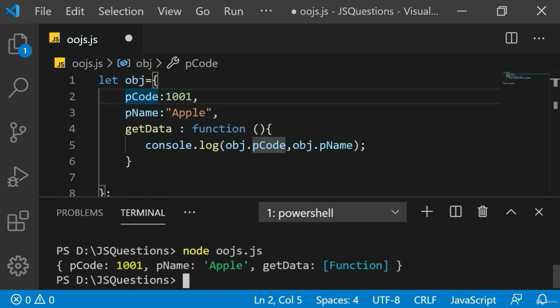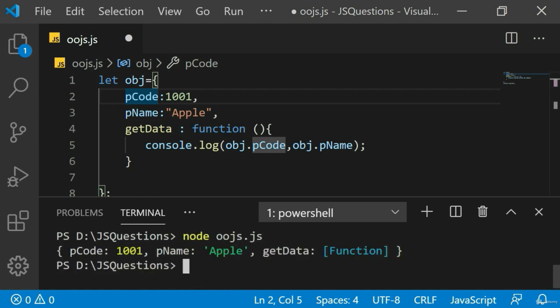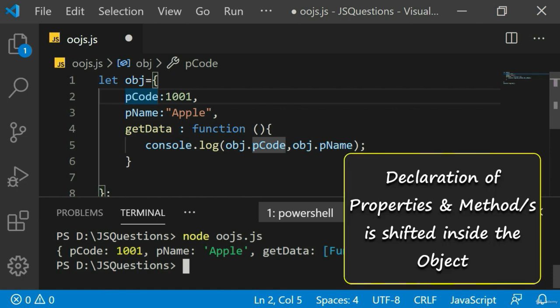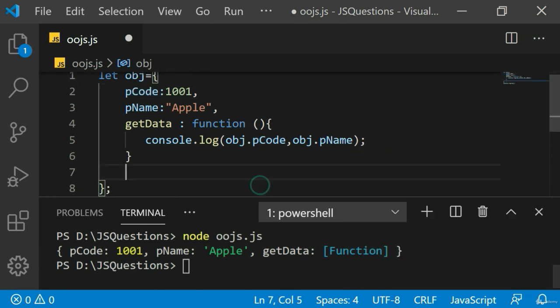So now if I run, there is no change at all. It is the same thing. The only difference is now the code is shifted. That is, the declaration of properties and methods, or one method in our case, is shifted inside the obj, that is the object. If you want to access individual members, as you must have observed in this code, that dot